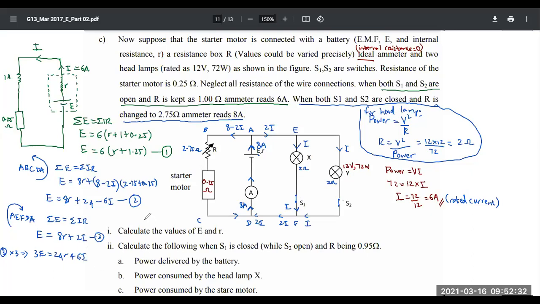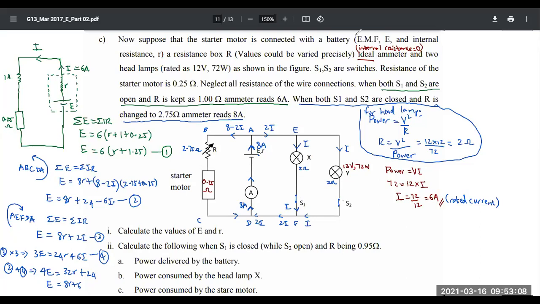Why did I do that? To get rid of I. This is the fourth equation. So what should I do now, people? I should add second and fourth, correct? When you add second and fourth, on the left hand side you will get 4E. On the right hand side, you will get 32R plus 24 minus 6I plus 6I, and the 6I will get cancelled off. So once again, capital E is equal to, everything divided by 4, 8 simple R plus 6.